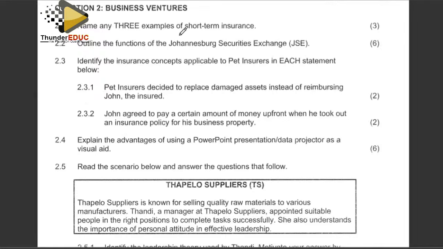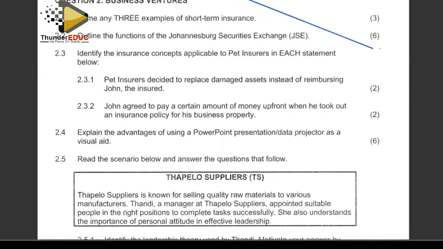Name any 3 examples of short-term insurance. So 3 examples of short-term insurance include the likes of property insurance, fire, money in transit, theft, and burglary. So we are saying that this includes